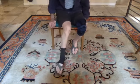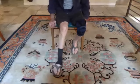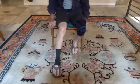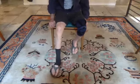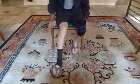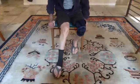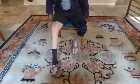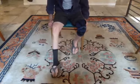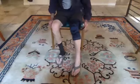So those of you, and I guess that means most of you, have been, now this is I think the 4th or 5th session. We're doing the same exercises each time. And if you want to continue doing these exercises, I recommend that you get the poster from Paul Lamsite, which is the Tai Chi for Health Institute. Tai Chi for Health Institute Productions. And if you Google that, you'll get right to his site where you can order these posters. And all these exercises that I do in this class,